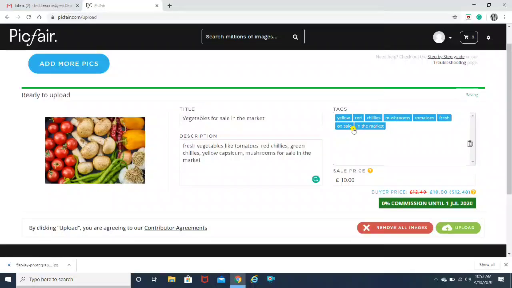You can also add extra tags like vegetables in city market, something related to that, like green vegetables, healthy food, leafy vegetables, etc. So this way you can add the tags here, and over here you can see you can customize